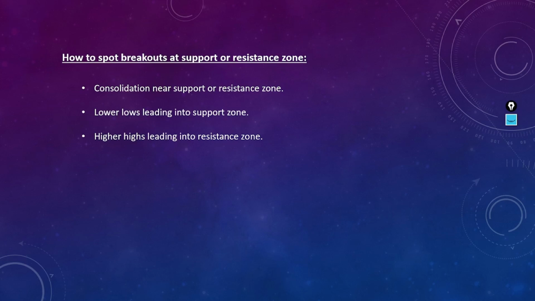Another indicator would be lower lows leading into a support zone. This is saying, like a downward trend line where you can connect lower highs, the lower lows would be the bottom of those lower highs. So seeing lower highs and a bottom floor leading into a support zone would mean the market is preparing to break out past that support zone. And in the opposite, for higher highs leading into a resistance zone, you have higher points on the market,